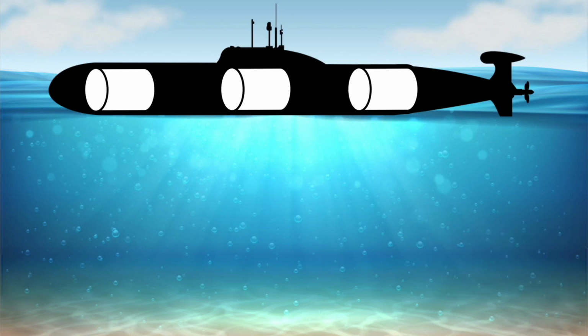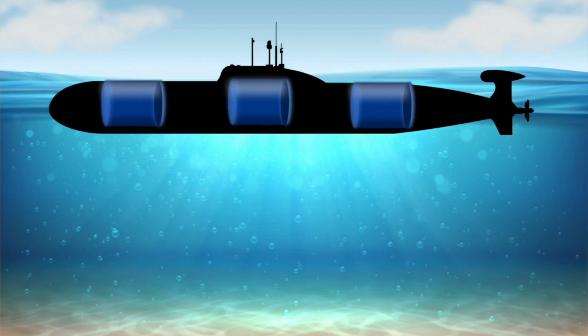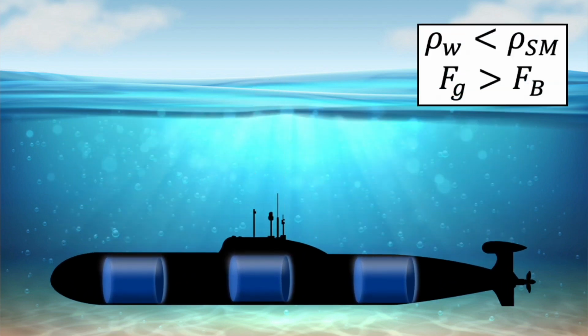Now, if the submarine decides to sink, the air inside the tanks is released through a vent, and the tanks are then flooded with water. This makes the submarine denser than the surrounding water, which means that the weight of the submarine is greater than the buoyant force that's acting on it, which is exactly what was happening to the water bottle when it was